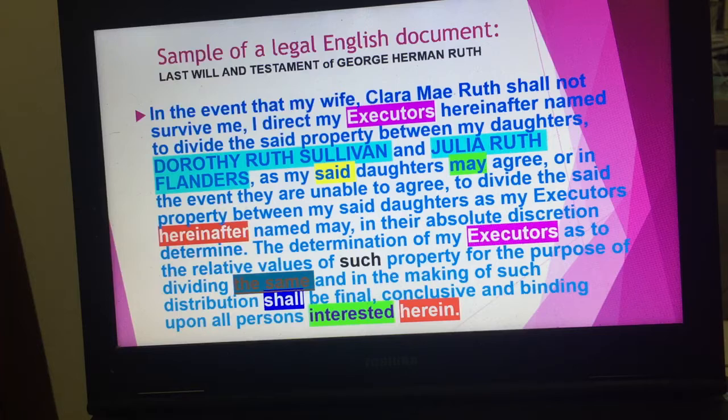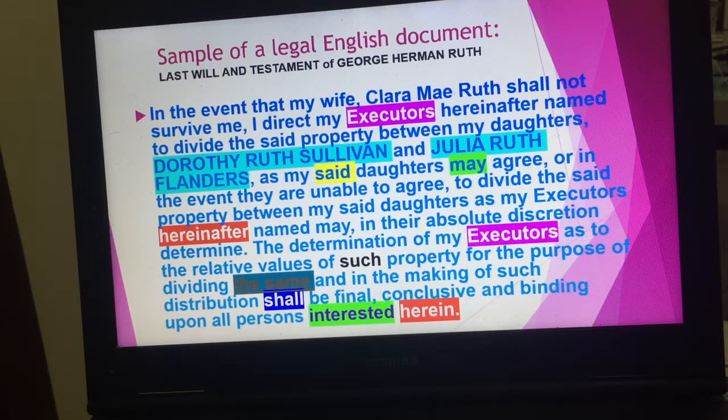For the purpose of dividing the same, dividing the actual amounts. The same means that's being mentioned. The same is actually an expression which means dividing the same property, the values of these properties. And in the making of such distribution, and also if they want to make this kind of distribution,